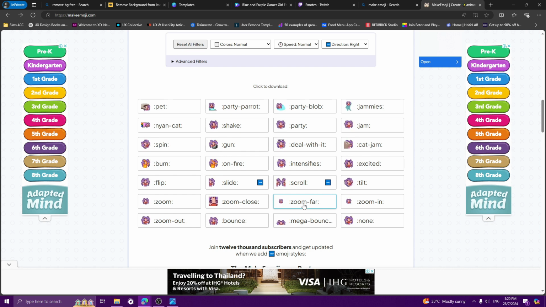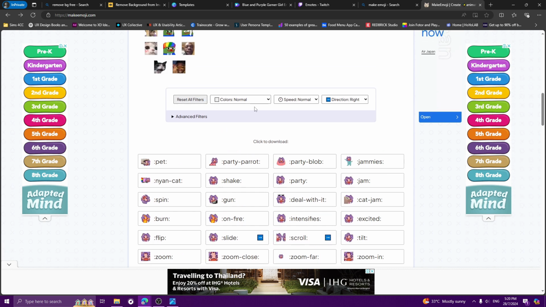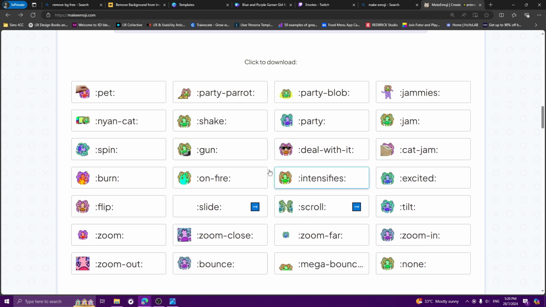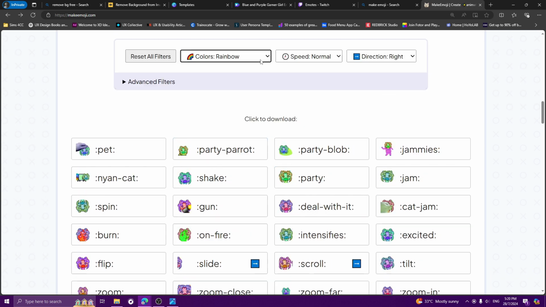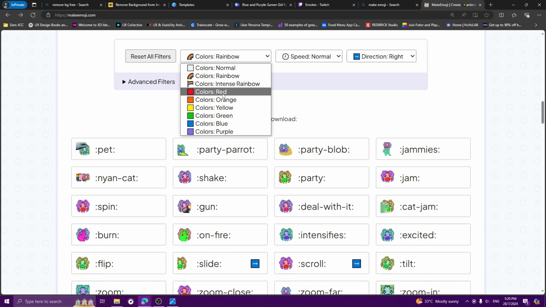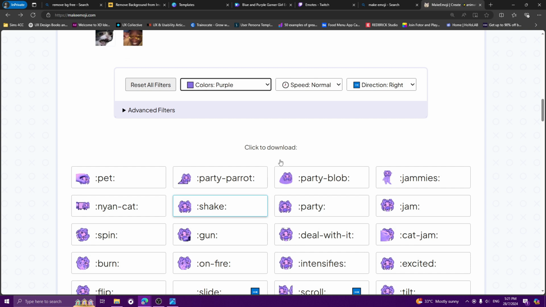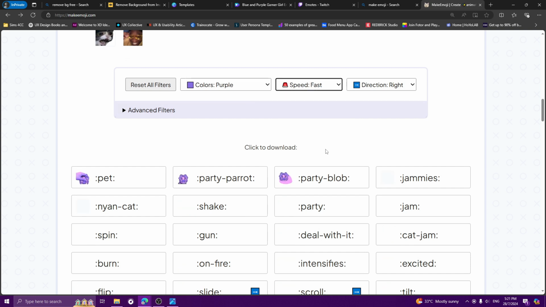Okay, and all these. You can also change the color. You can go for rainbows if you want your emotes to be in rainbow colors. So now my emote is changing to this rainbow color. If not, you can do this too. And then you can change the speed if you want it to be faster or